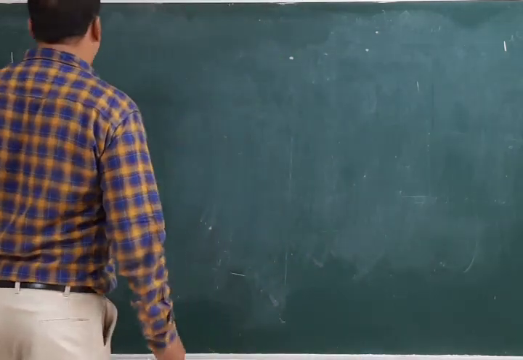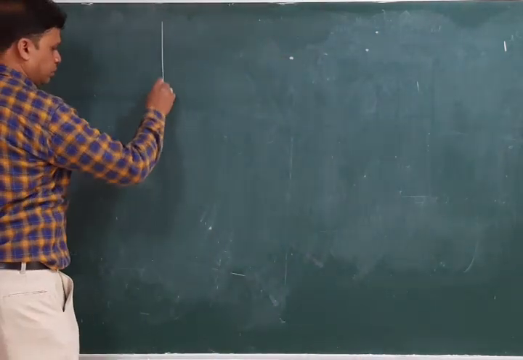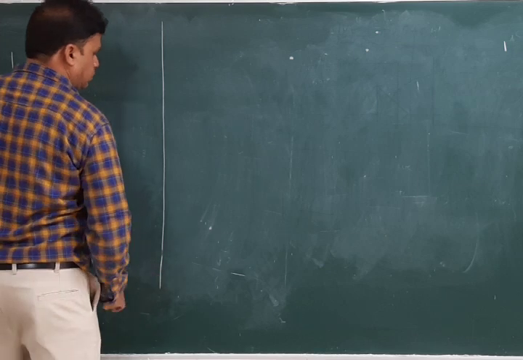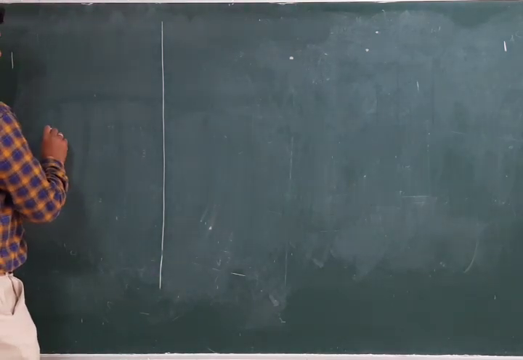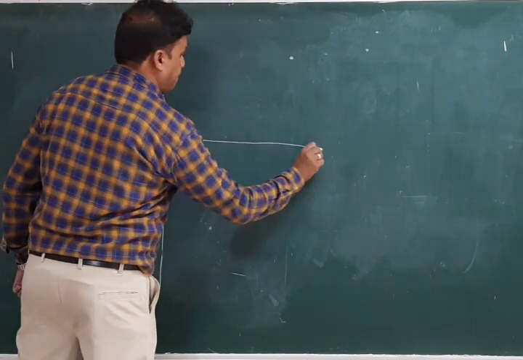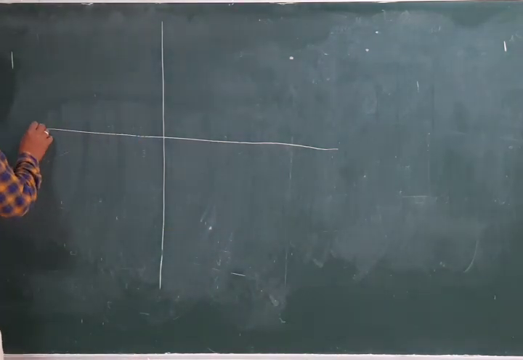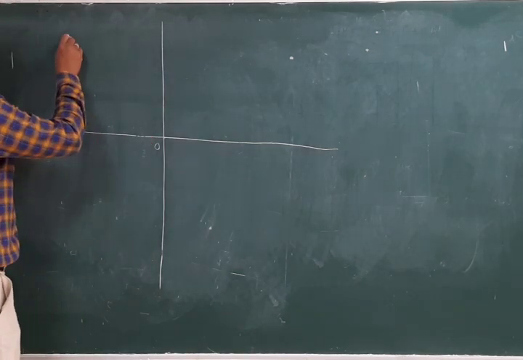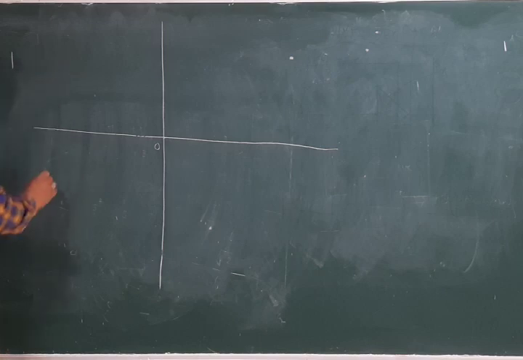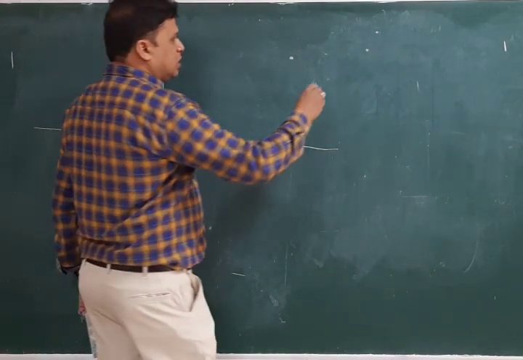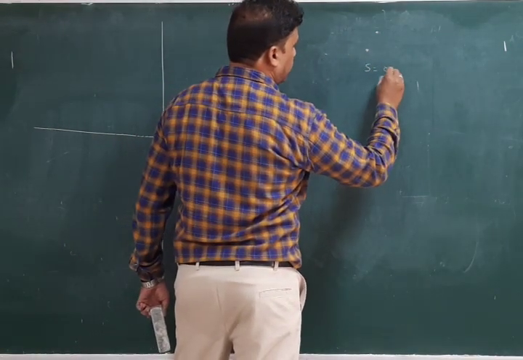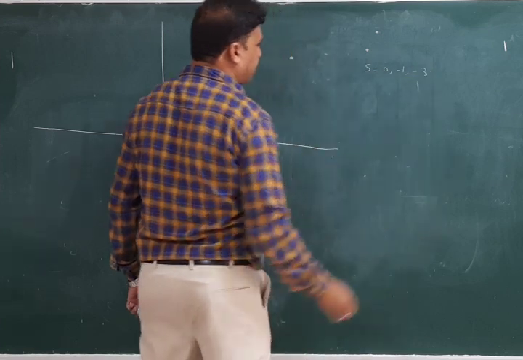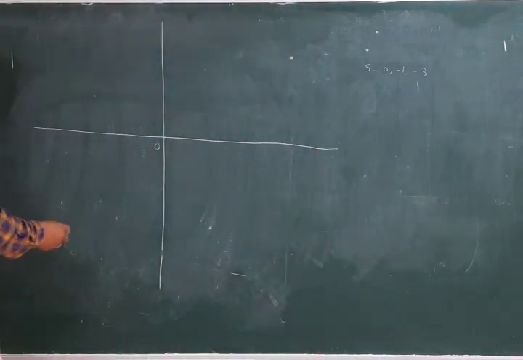So we will draw the S-plane first. So this is the S-plane drawn. In this S-plane we have mentioned this origin. After mentioning this origin, we first mention the number of poles. So what are the number of poles here? The poles we have already found: S is equal to 0, minus 1 and minus 3. So we can draw the root locus.